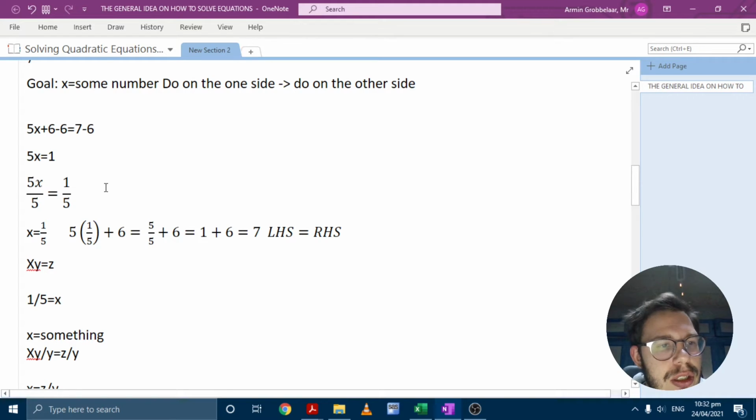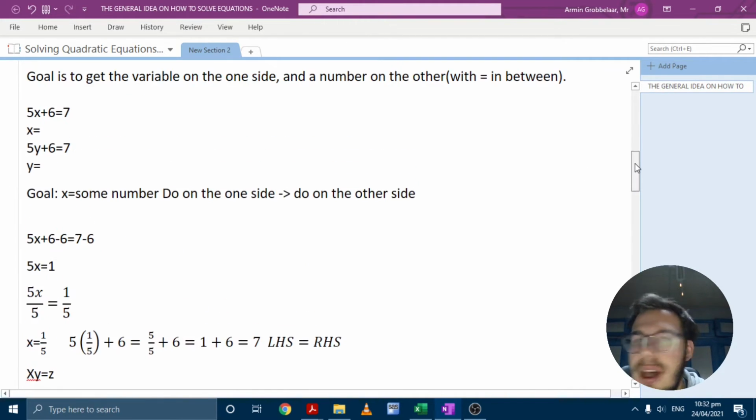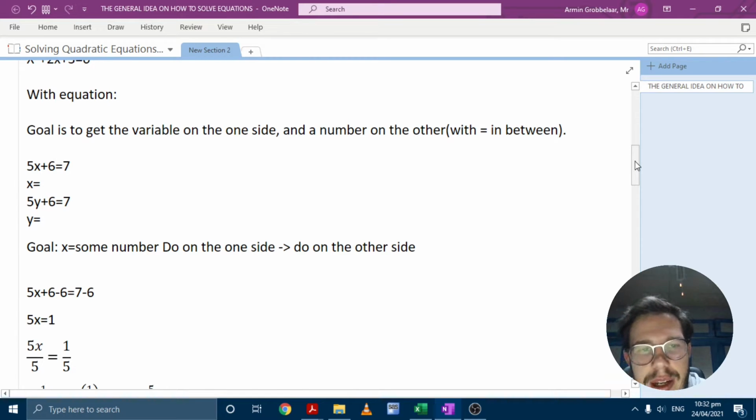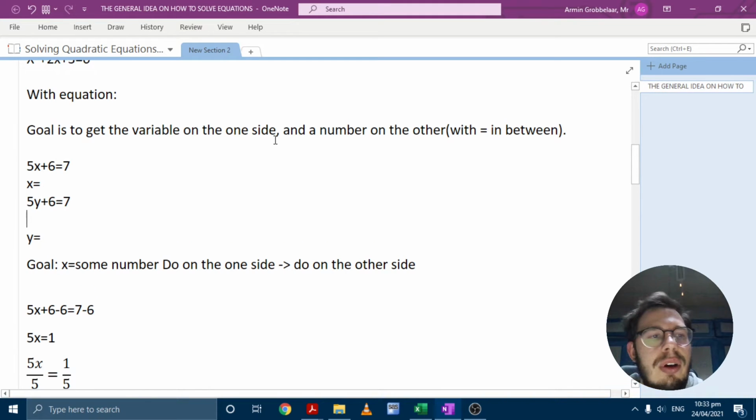So you just have to get the variable on the one side and the number on the other side. And remember, what you do on the one side, you have to do on the other side to keep the scale balanced. Because if you think about it, if I say 5y plus 6 is equal to 7,